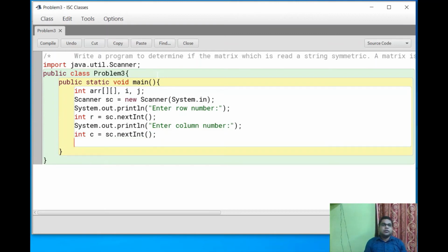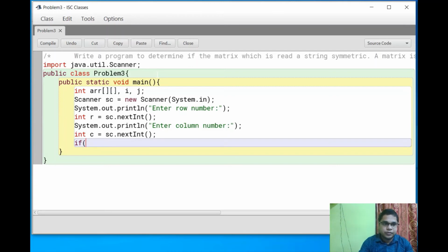After then we have already input the number of rows and number of columns. Now we have to check whether the matrix is a square matrix or not. If it is not a square matrix, then transpose or symmetric matrix is not possible. So if r is not equals to column,